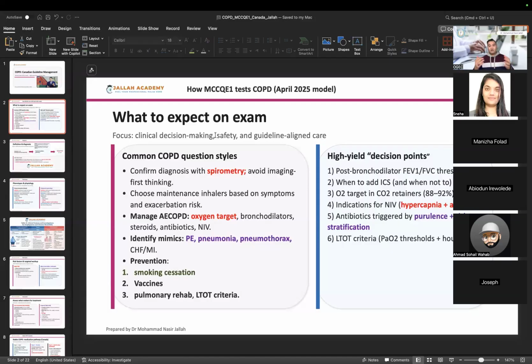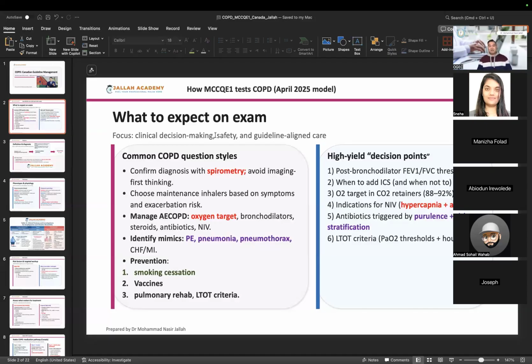So bronchodilator, obviously we have to start with a bronchodilator and then step it up. And if it is not responding, then we have to start the oral medication. And also for the antibiotic and steroid, there is a stepwise approach: when we can start it, at what time we should stop it, what kind of antibiotic is the best choice for treatment, what antibiotic is the best choice for prophylaxis, and what are the second or third choice antibiotics for COPD.